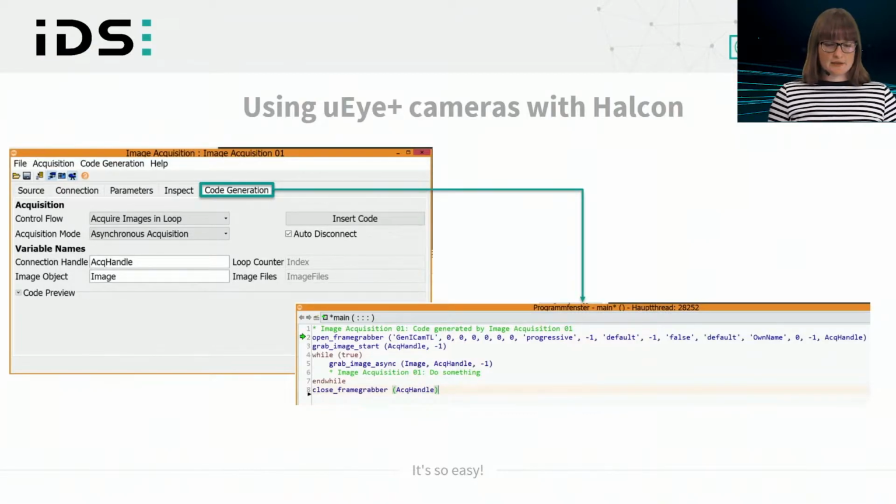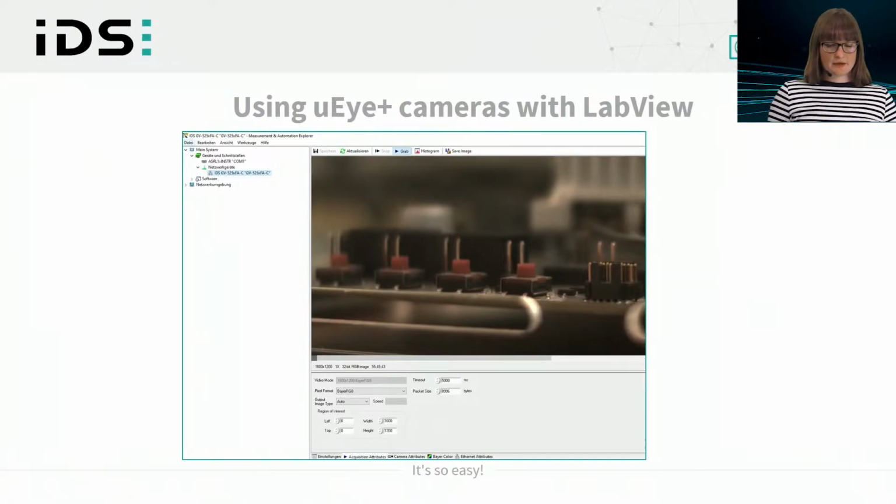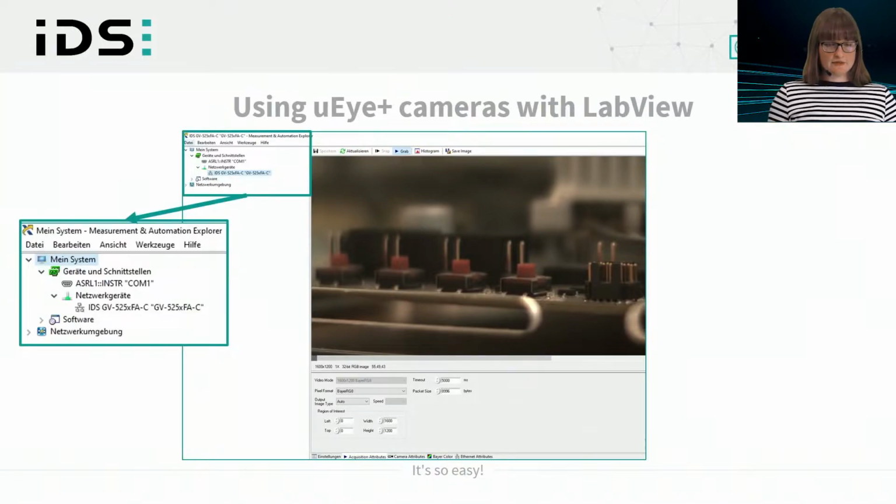How does that look with LabVIEW? LabVIEW provides a so-called Measurement & Automation Explorer. That is a tool where you can also easily open UI+ cameras. On the left side, you can see a camera list with all connected cameras. In that case, one GigE Vision camera is connected.